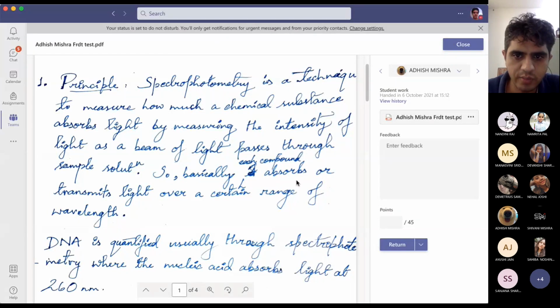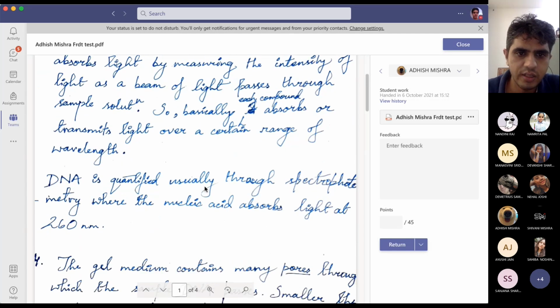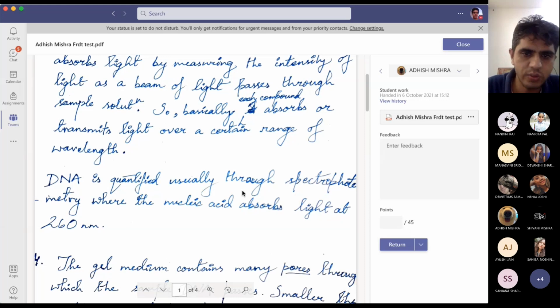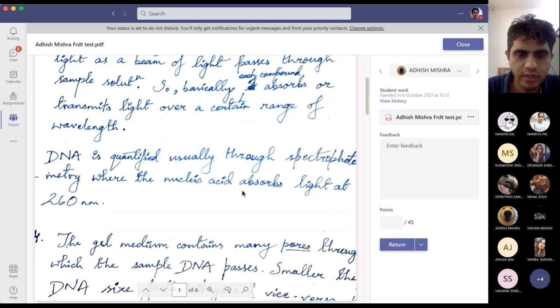So basically it absorbs or transmits light over a certain range of wavelength. DNA quantity is usually measured through a spectrophotometer. Nucleic acid absorbs light at